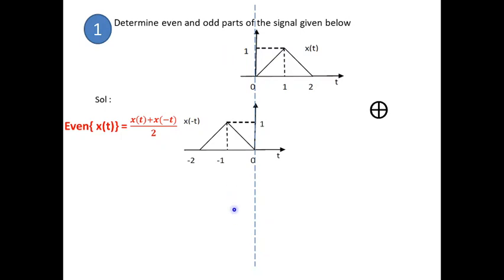So, definitely the amplitude is 0 because at minus 1 the amplitude is 0. So, 1 plus 0 amplitude will be 1. Similarly, you can see that every point here will get added up with the 0 and result in the same signal, right? Similarly, every point over here is added with the 0 because here, less than t 0, everything is 0. So, automatically the resultant signal will be the same signal